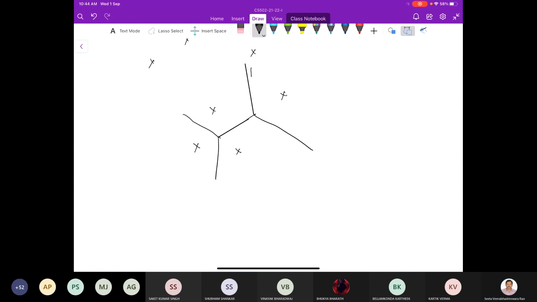Okay. So suppose you are sweeping from top to bottom and we reached this position. I mean, we just crossed the vertex of this. Now, what does it mean actually? We want to compute the entire Voronoi diagram up to here. But this point, the Voronoi vertex, is defined by this, this, and this.